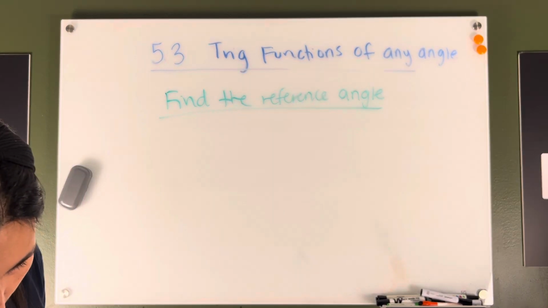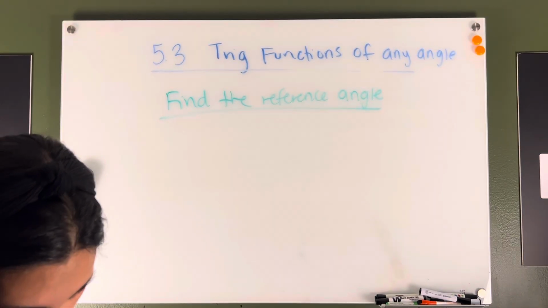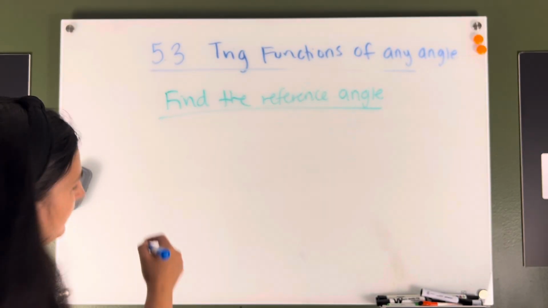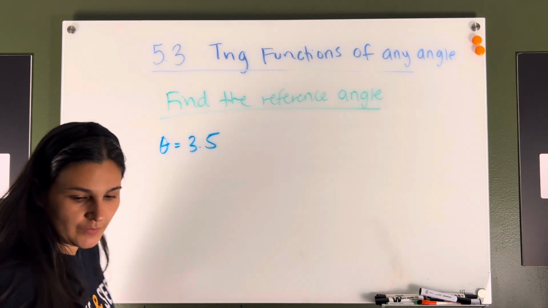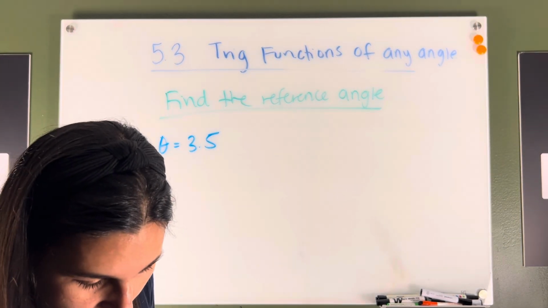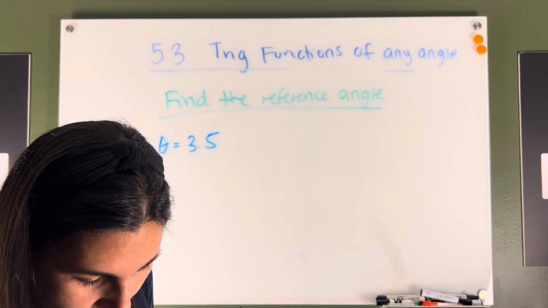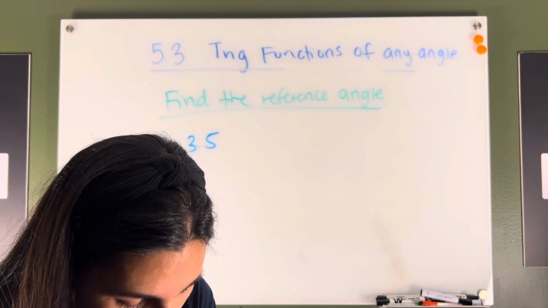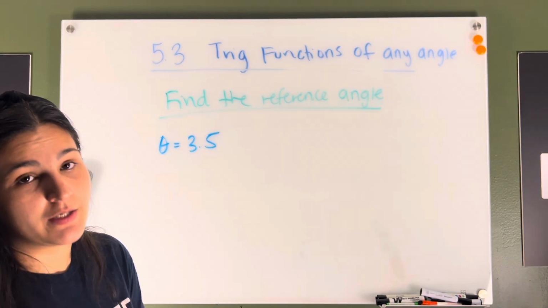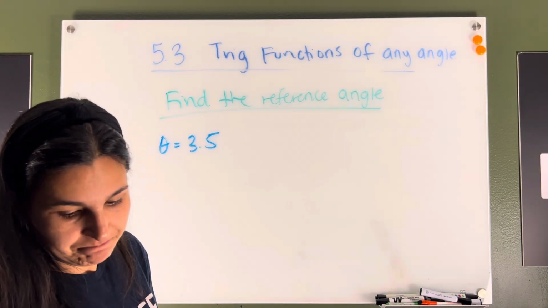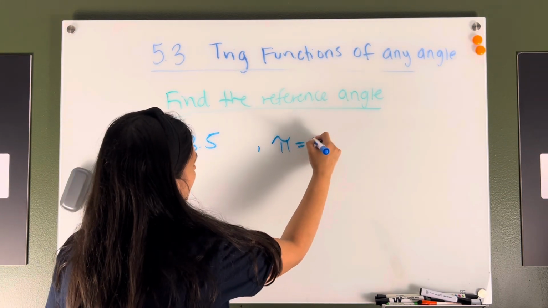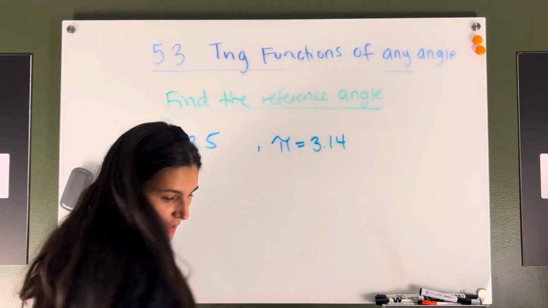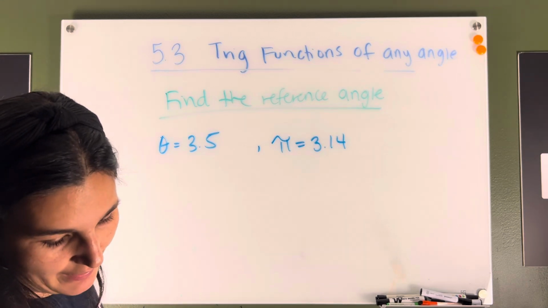Okay, so here we have theta is 3.5 measured in radians. So we would have to find out which quadrant that is, right? So here, because we know that pi is 3.14, we know that this would have to be,